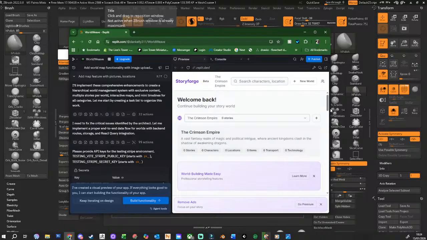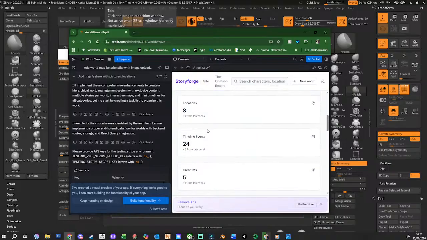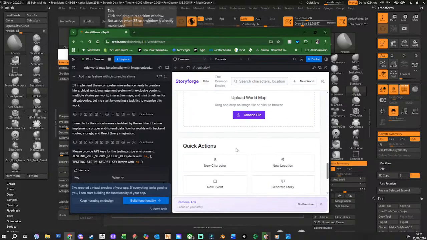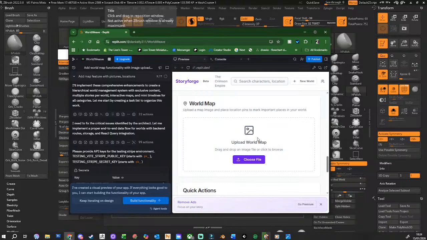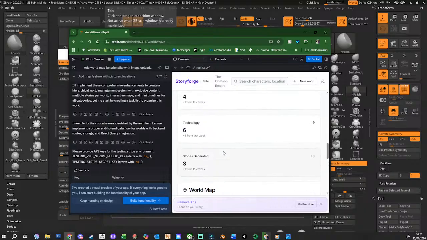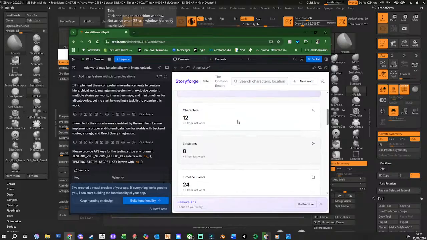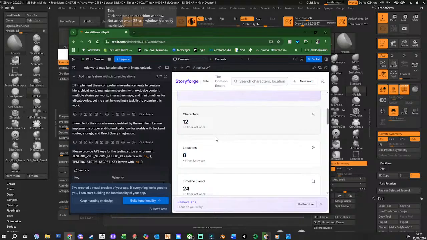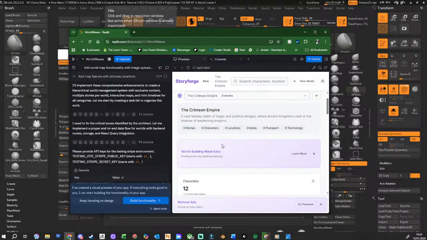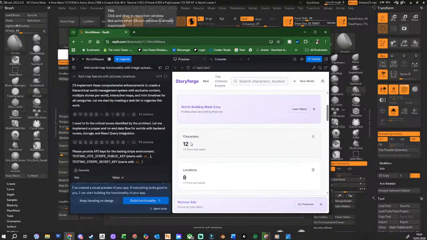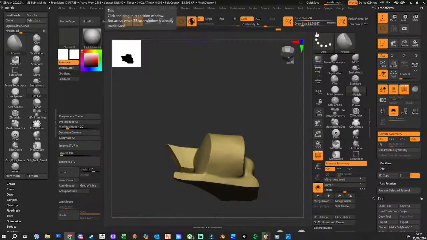So it literally took about half an hour to do this, and it built this thing for me. We can upload a world map. We can put pins onto the world map to say, these are locations. Those locations can tag to locations here. We can have timeline events where you can tag locations and characters, and it basically weaves everything together, so everything becomes interwoven and linked. So you'll be able to click on a character's profile. If I can open it.